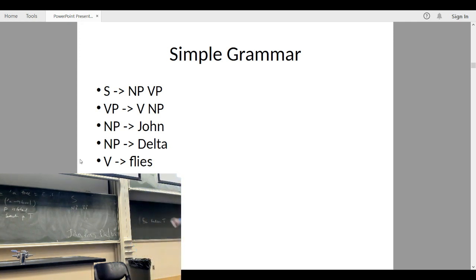What I can then do is, well, I can't match anything at the bottom. Oh no, I can, because NP can go to John. Okay, so I can go to John and VP. Okay, VP can expand to V and NP. Okay, so let's just draw these things in. V and NP. V can expand to flies, and NP can expand to Delta. Okay, very simple. Okay, you could write a program to do that,